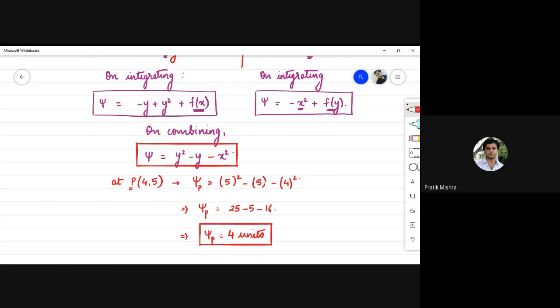ये आपको क्वेश्चन में कैलकुलेट करना था, तो होपफुली कोई दिक्कत होगी नहीं। यहाँ तक चीजें क्लियर आपको। मूविंग ऑन विथ आवर नेक्स्ट क्वेश्चन।